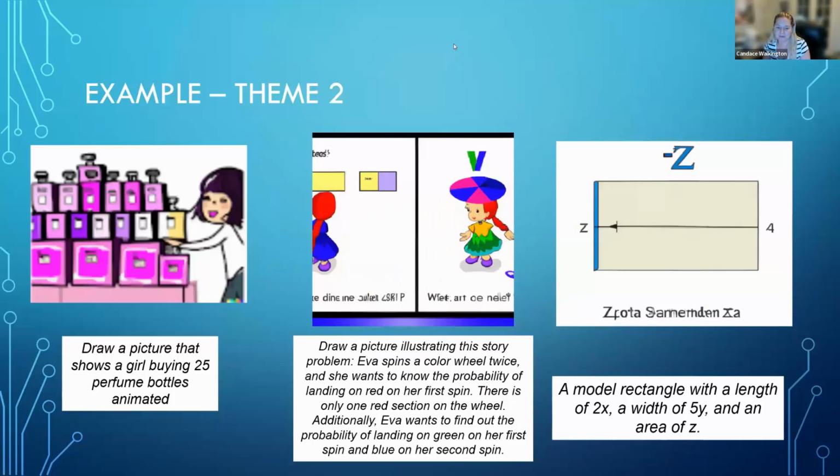The second theme, and this one really came up a lot, and we hadn't exactly expected it, is that we found the girls wanted to use DALL-E 2 to make mathematical diagrams. And we had really encouraged use of it just to illustrate the story problem or illustrate their video game they were designing, the larger concept of it, rather than to actually map out a diagram for a problem. So there were a couple of different issues. On the left, the prompt that the girls gave was: draw a picture that shows a girl buying 25 bottles of perfume. And the picture does not show 25 bottles of perfume.